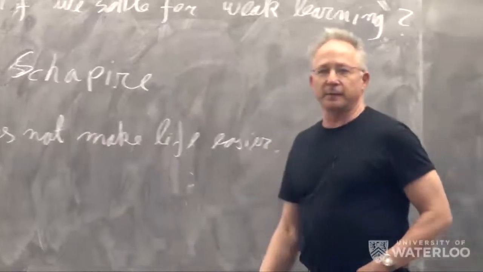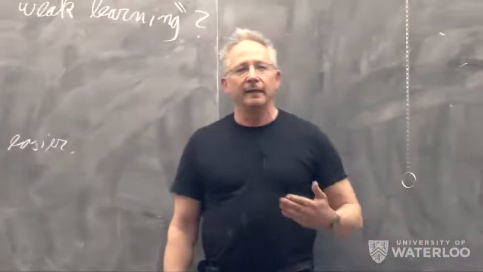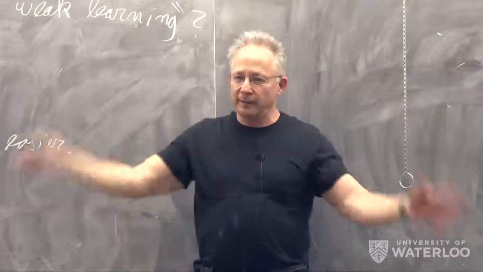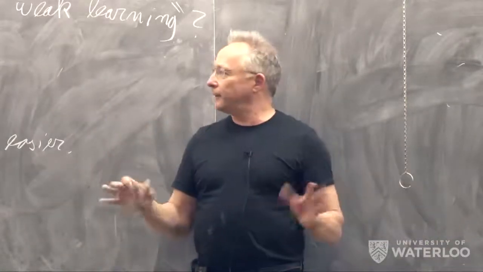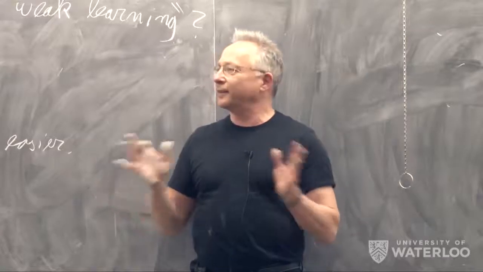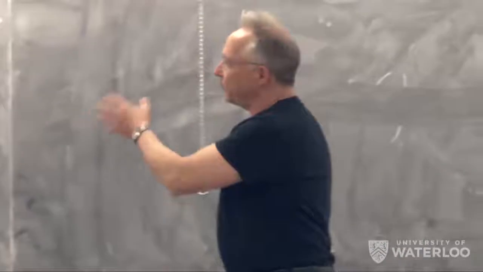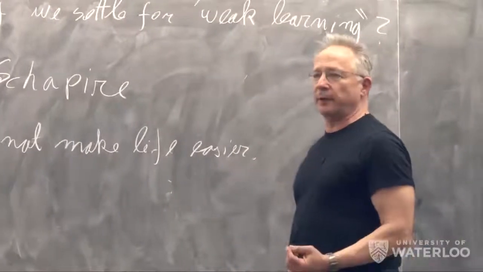So that was a very nice result. What Rob Schapire showed is, I haven't defined it yet, I'm just telling you the overline, the historical aspect of it. Okay, so he managed to show that it will not make life easier